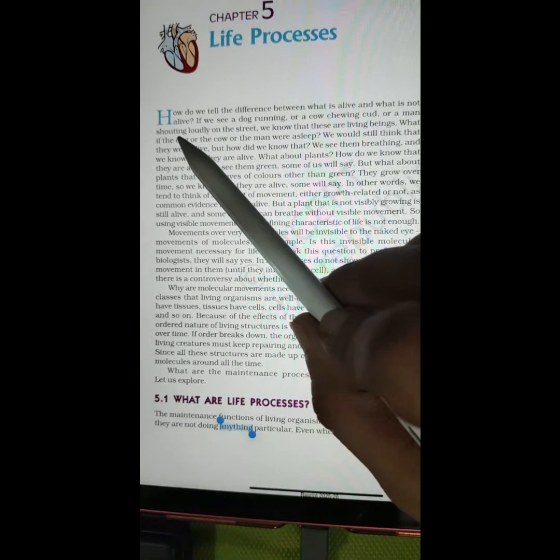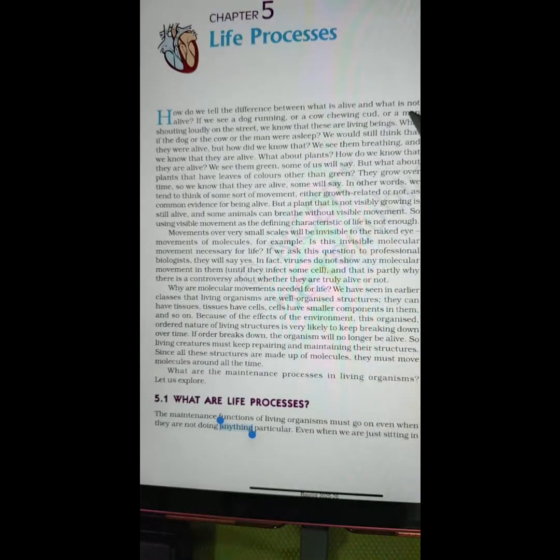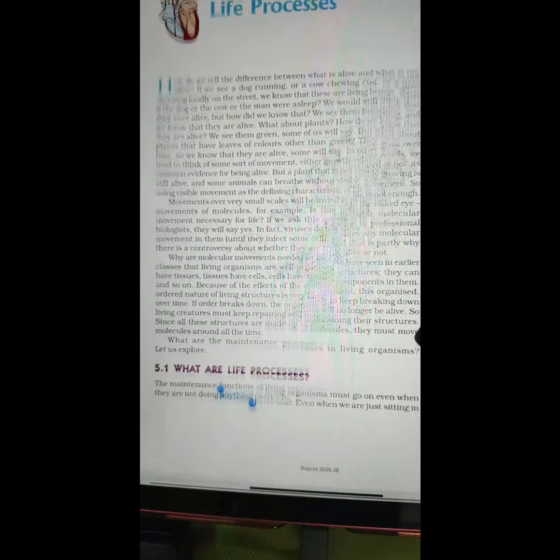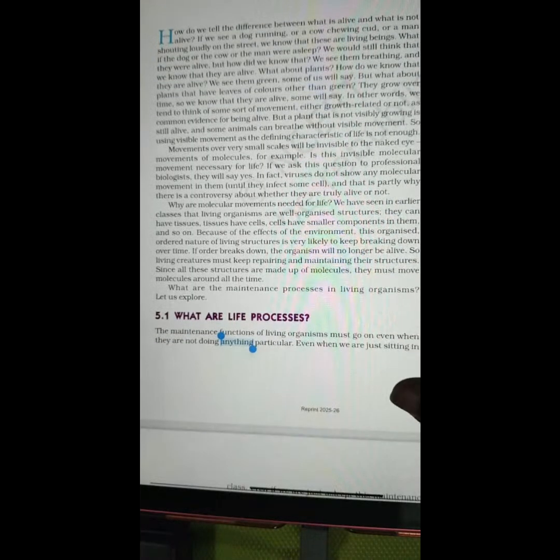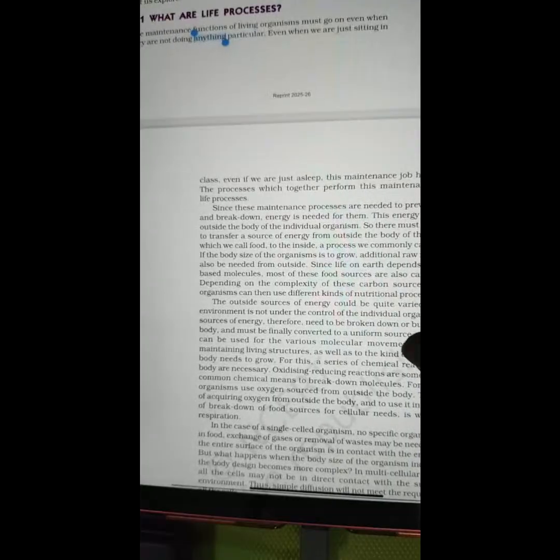So this word here is shouting. In case you feel that I have skipped any word, you can just text me in the chat and I will get back to you with that word. I don't think so in any paragraph, any word is tough to pronounce. So if you come to this side of the page,